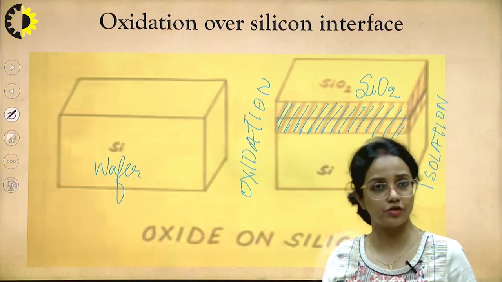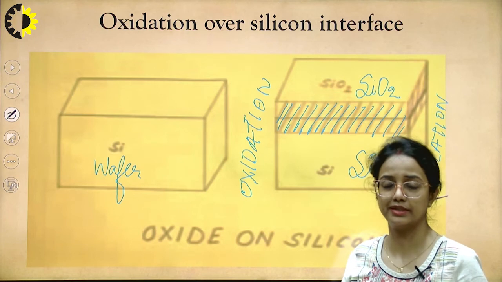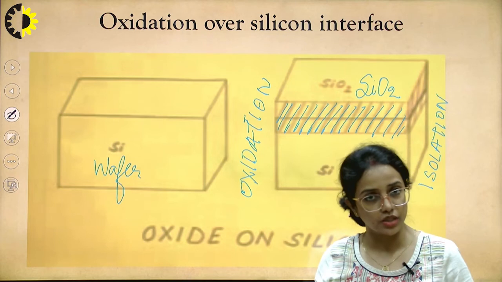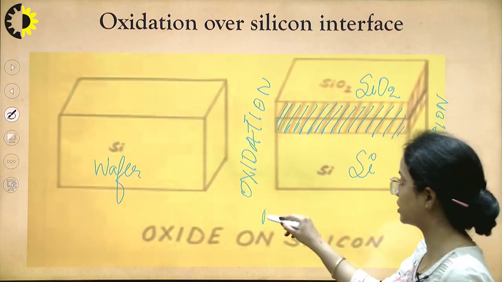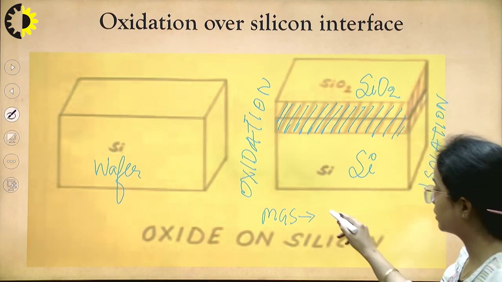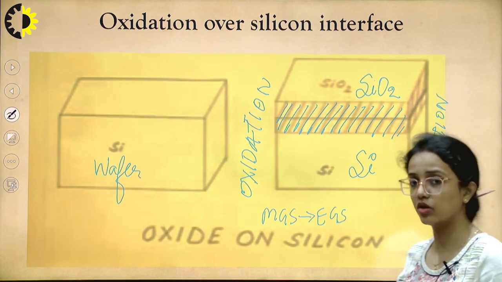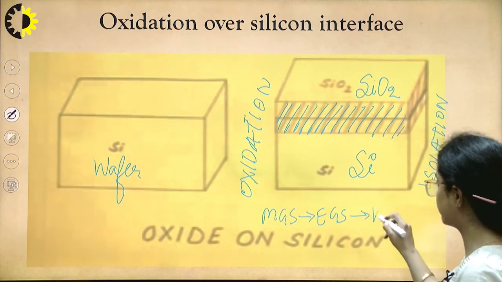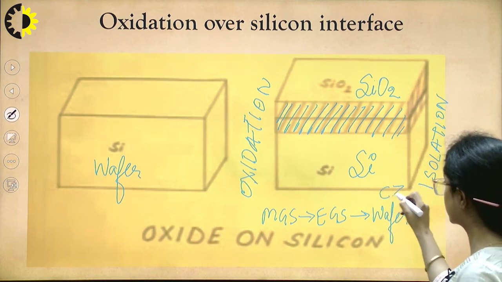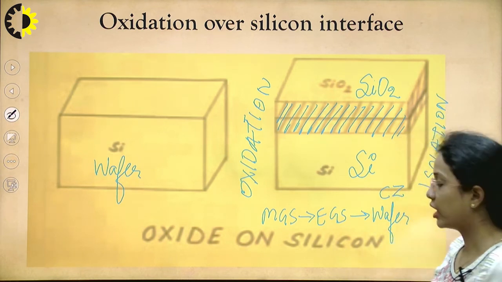So the basic aim, and how the flow of the process goes, is like this. Initially, we have to prepare a wafer. To prepare a wafer, we have gone through a number of processes. We extracted raw silicon from nature and converted it into MGS. After we had MGS, we did some chemical reactions and obtained EGS, electronic grade silicon. After we got this electronic grade silicon, we made a wafer using Czochralski's process, using a CZ crystal grower.